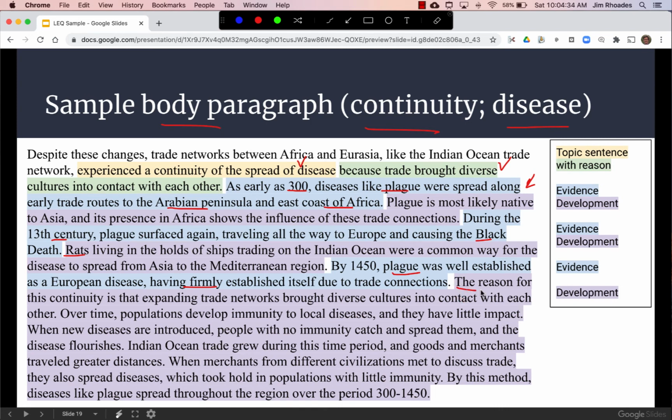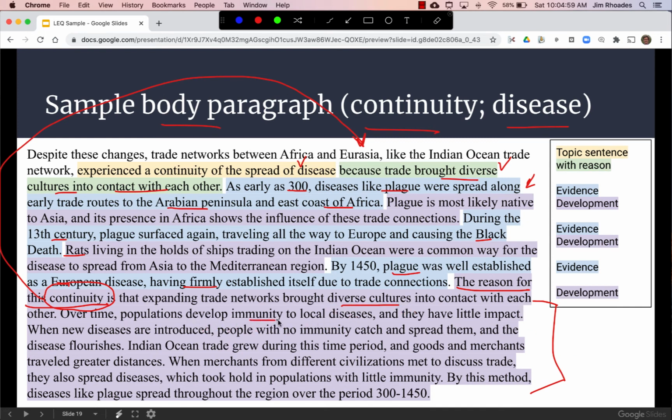Then, notice here I said the reason for this continuity. So we want the end development to focus on the skill of the essay and to give more information about what I have highlighted green here, which is trade brought diverse cultures into contact with each other. So this is a written out version of that thought process I went over on the previous slide. Diverse cultures into contact with each other,